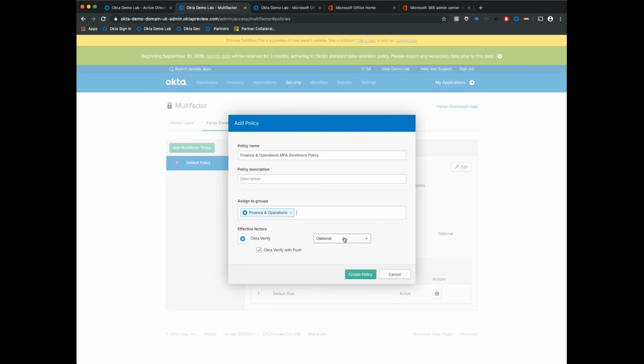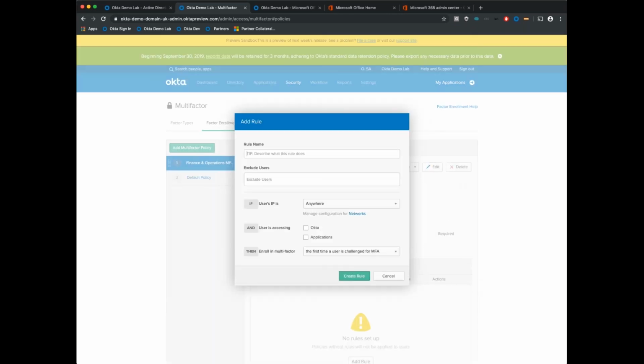So if anyone's in the Finance and Operations group, because they have access to more confidential information, I wanted to make it a requirement they have to sign up to MFA. So I'm going to make it required and create a policy. And then it's asking me to configure a rule. When can people actually enroll into that factor? So I'll just say allow enrollment